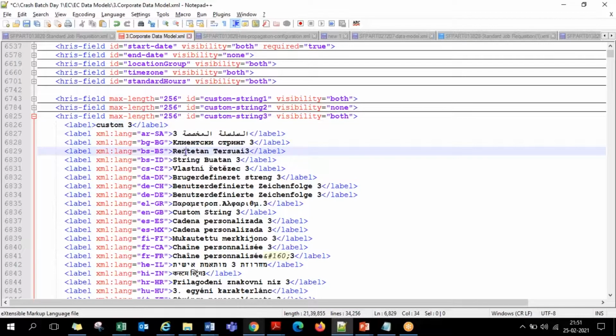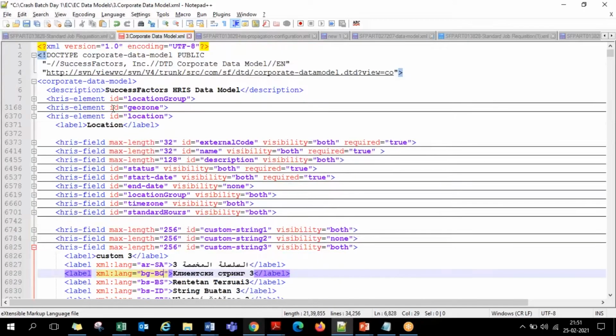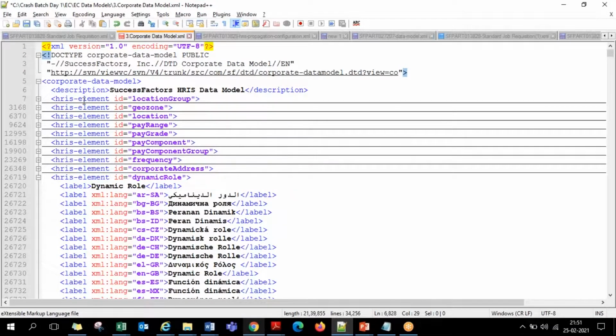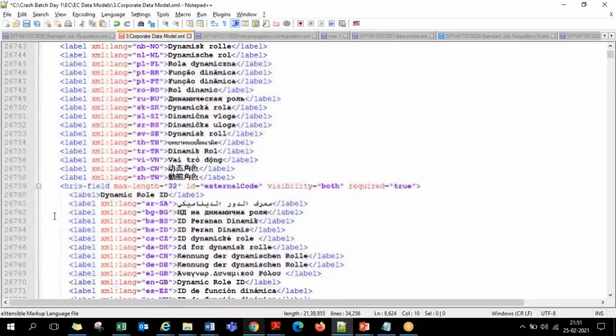Earlier we saw elements like HRIS element, background element, standard element. But when we create in the succession data model, that is only in the succession data model. In corporate, anything is only HRIS. In an element, you will have fields.